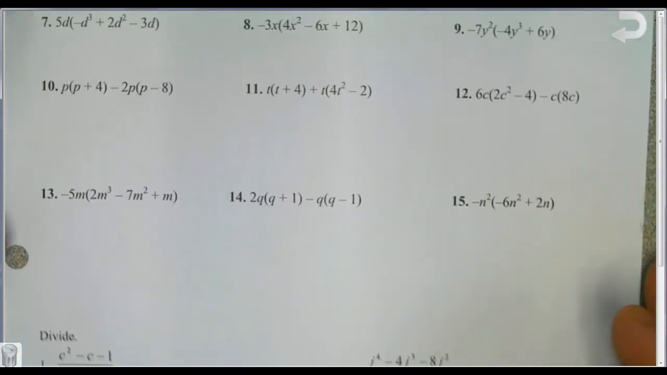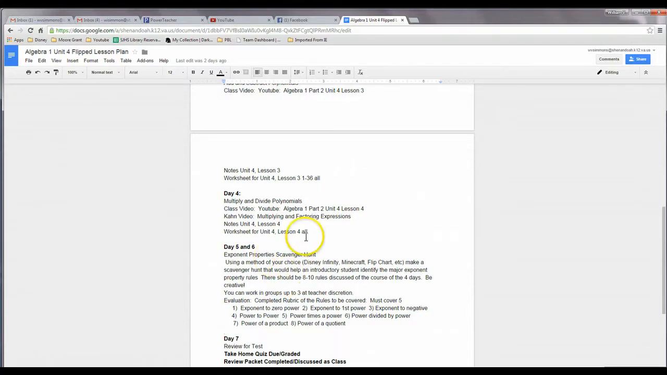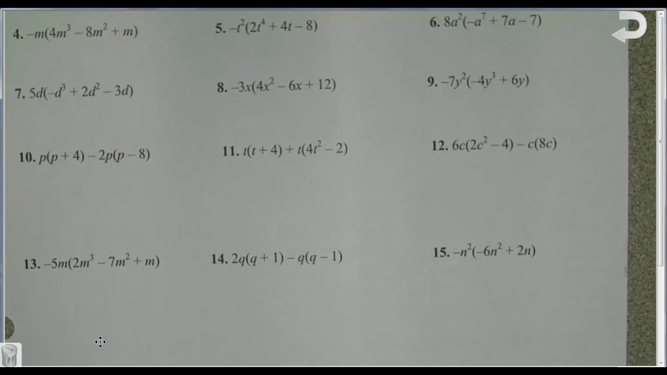So on your worksheet, and I'm going to go back and look at the lesson plan here. It says to complete all, so 1 through 15 and 1 through 12 covers the multiplication and division. Now what I want to point out though is if you look carefully at the worksheet, some